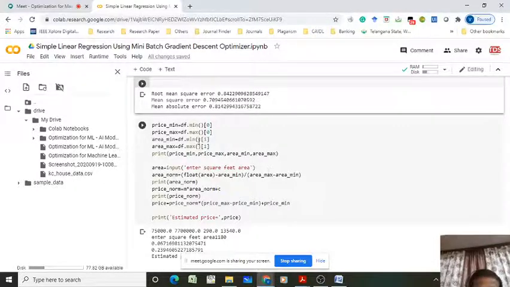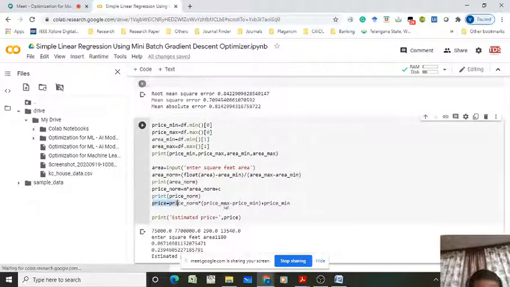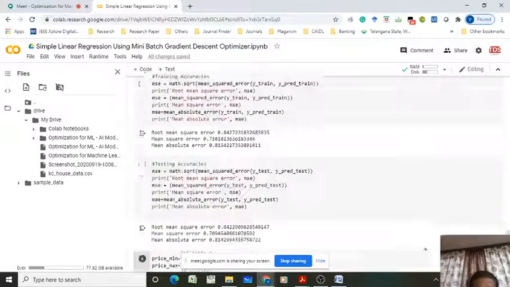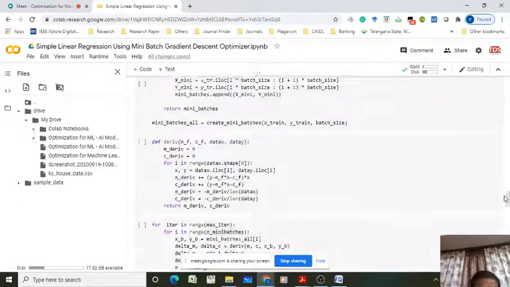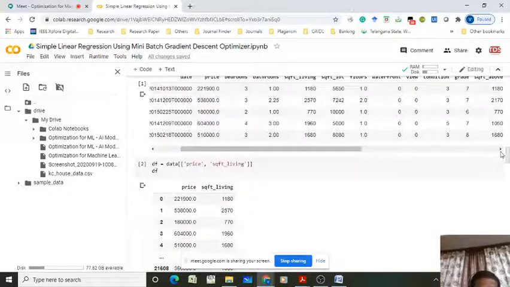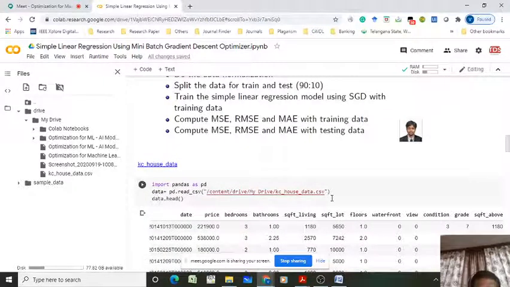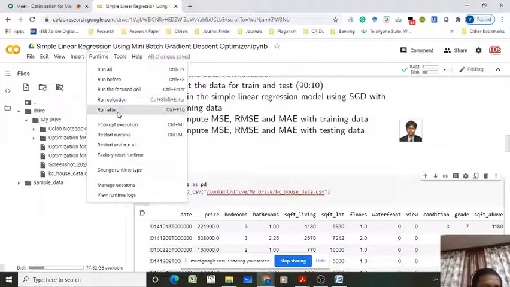So those things will be happening here. This is called normalization and this is called denormalization. Normalization of the input and denormalization of the model output you have to do. Fine. So we will try to execute all the cells from here. From here I will try Runtime, Run after.